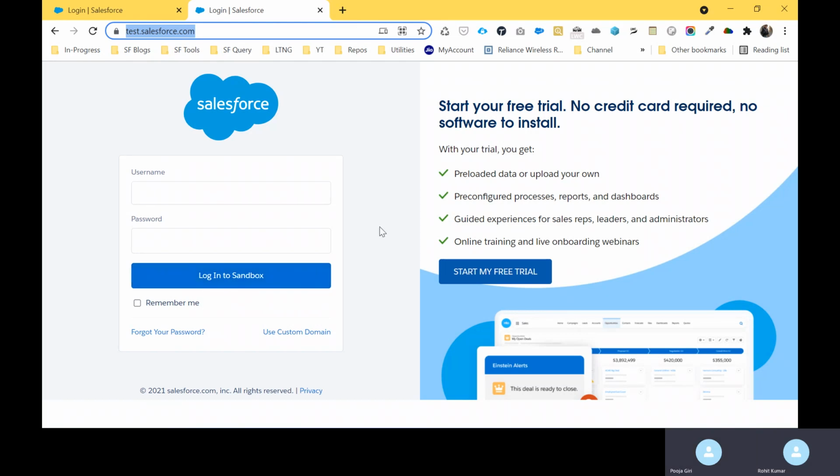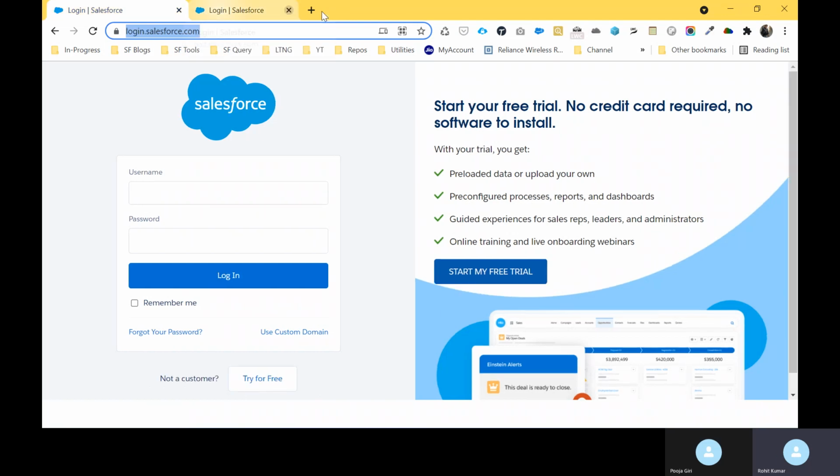So this is the difference between the two URLs, test.salesforce.com and login.salesforce.com. We will work on everything under login.salesforce.com.